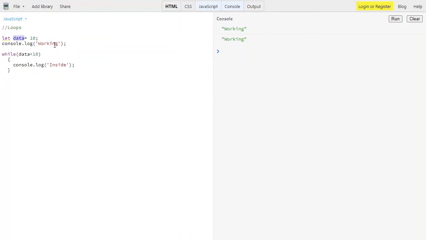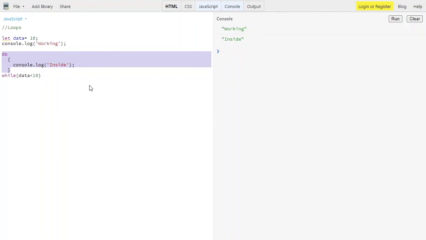But in that case, if I use a do while loop, it will execute. So I'm using do over here and pasting while over here. If I try to run the same, I'm clearing, and see, it runs once. Why? Because with do while, when we have a scenario where we want a statement to run at least once, we can use the do while loop. While is used if the condition is met; if not met, it doesn't go inside.